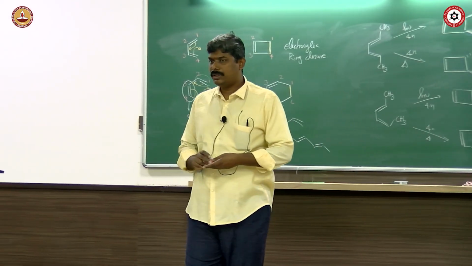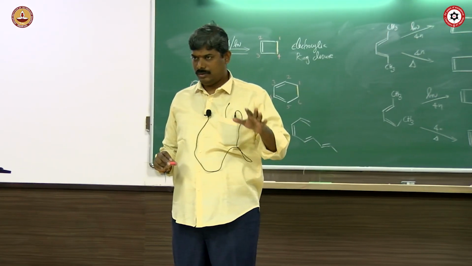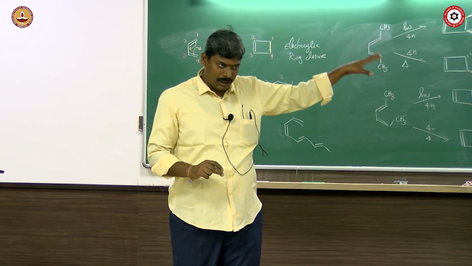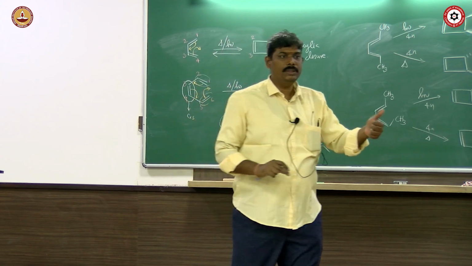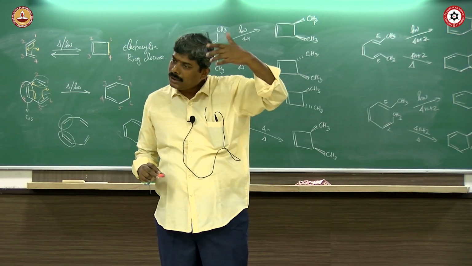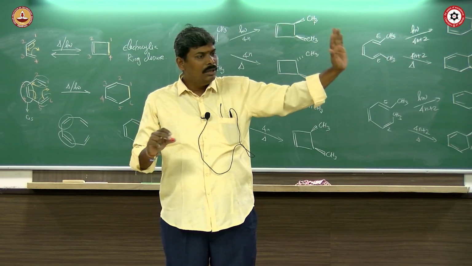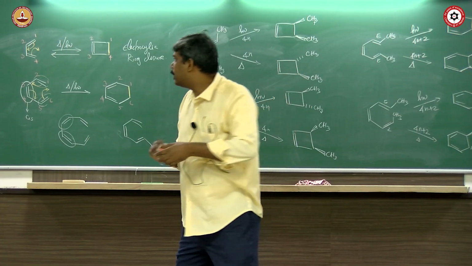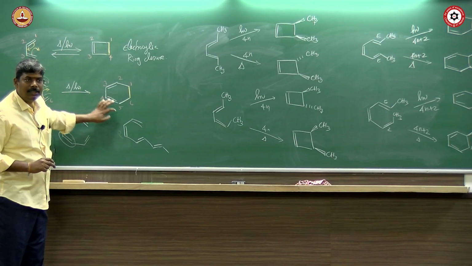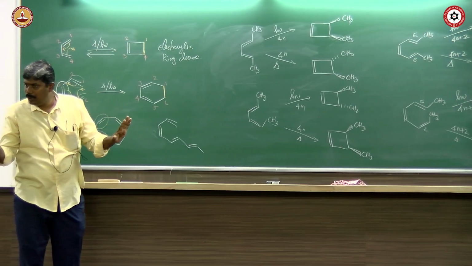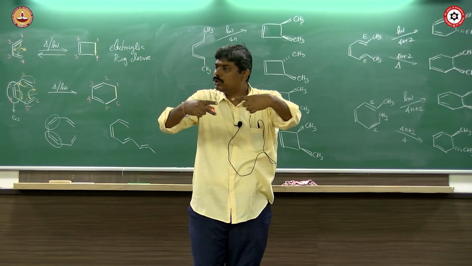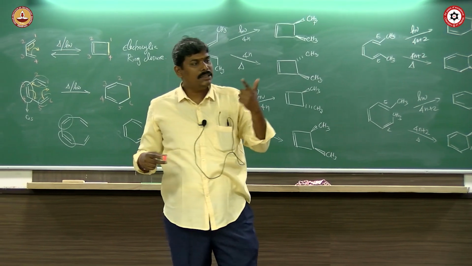The 3 aspects which determine your outcome, which we discussed in the beginning, right? This is an example to prove that those 3 aspects really do the job. One, the first one is the geometry of an alkene, E or Z olefin at the terminal. Most of the cases we are worried about the terminal alkene because the internal one does not change much. It doesn't give any stereochemistry because it stays as an sp2 carbon. So no stereochemistry comes into the picture, so we need not worry about it. We will worry only about the terminal alkenes which are coming closer to form a new sigma bond. So E or Z is the first thing.